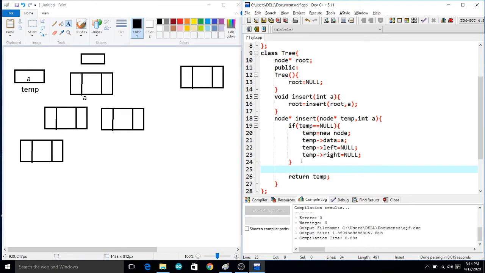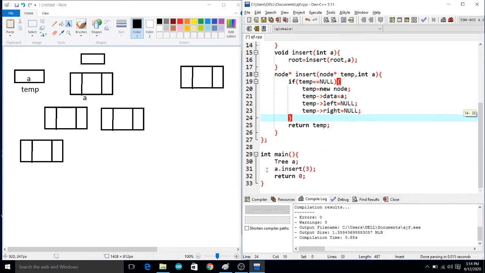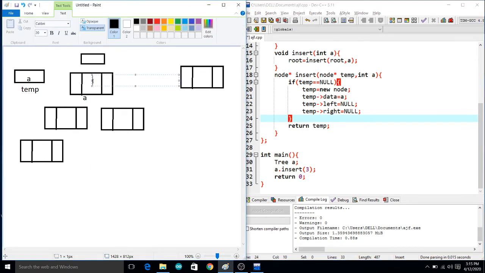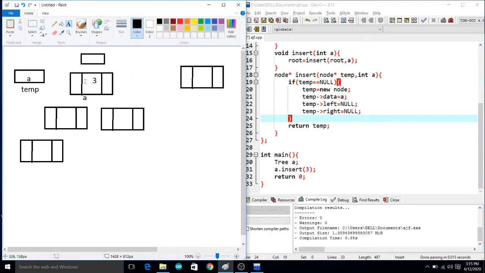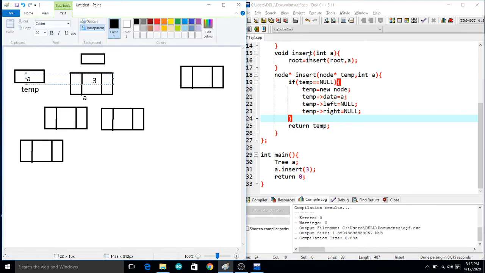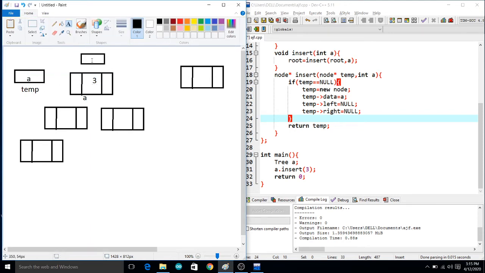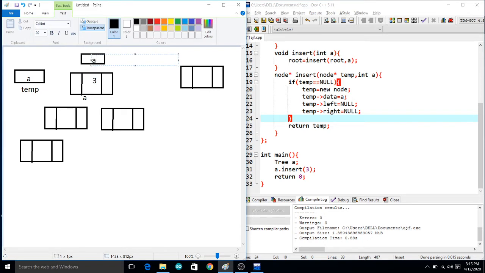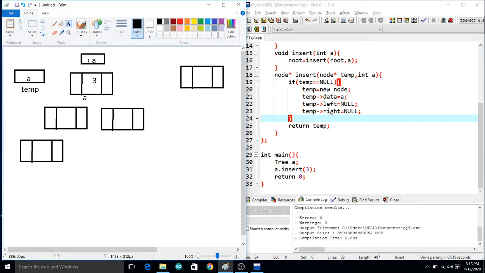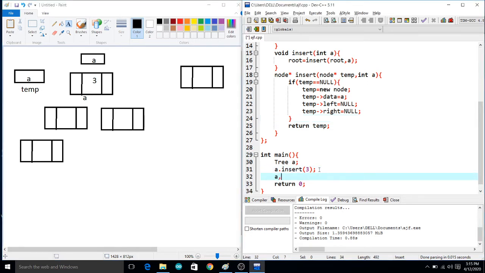Now what happens? This data, that means this 3, is inserted. Here is our 3, this 3 is inserted, this A is here. Now due to this line, that A is passed inside our root, and the function breaks, the function is completed. Now again I am calling A dot insert